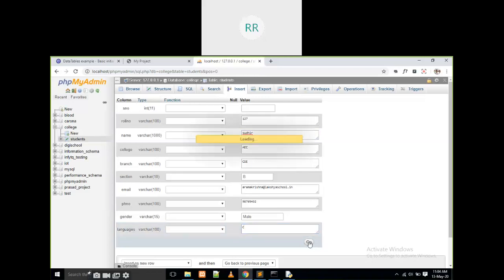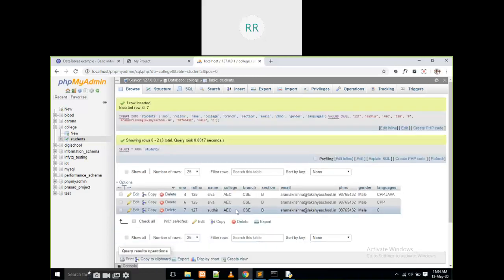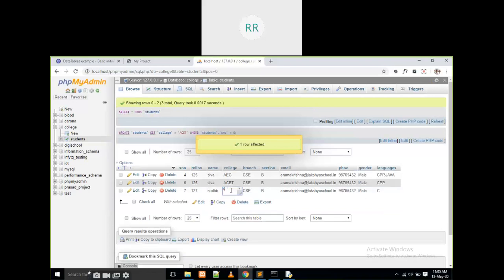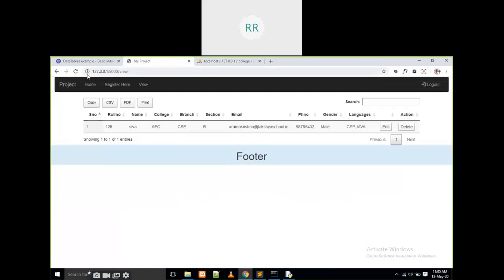I am going to add some data. This is ACOE. I'm going to give some different data. That's it. 126. Okay. Here there are three records.